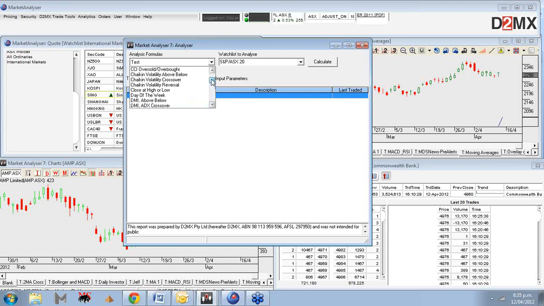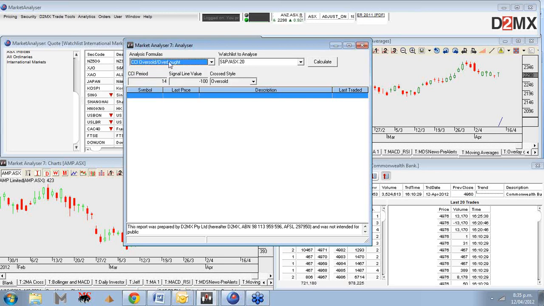So if we're just going to set up a standard scan and we wanted to find a situation where, say, the commodity channel index is oversold, we just select that. We can then set the criteria. So if we're using a 14-day and oversold, we'll just define as under minus 70, and we're looking for an oversold situation. We could look at overbought above 70. That's the other way to do it. But for today, we've had a bit of a drop in the market the last few days. Let's look at those shares that are oversold based on the